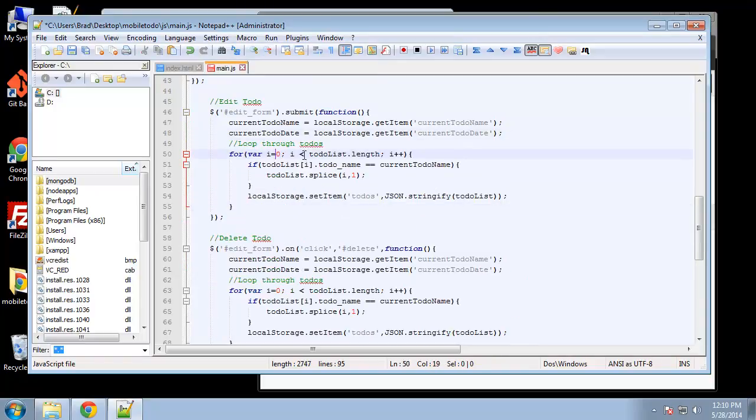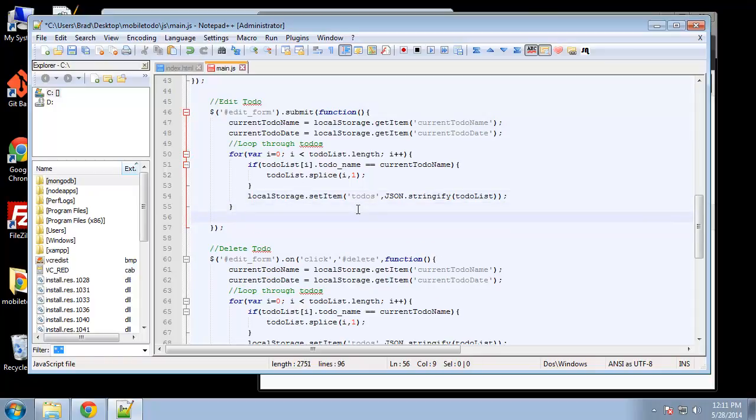Alright, so we're going to go through all the to-dos in the list, and basically we want to delete wherever the current to-do name is. Okay, so the current to-do name we want gone. We want the name and the date gone. Okay, so then after that we want to create